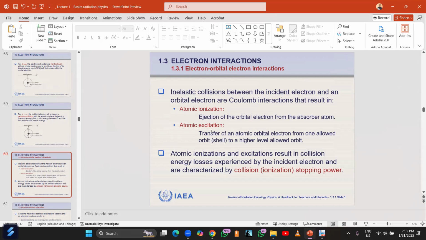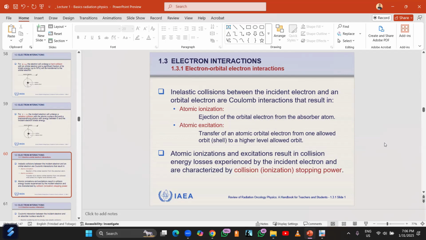It's simply excited to a higher atomic orbital. So that's what we call excitation. All right. So these ionizations or ejections and excitations, transitions between orbitals, can result in energy losses